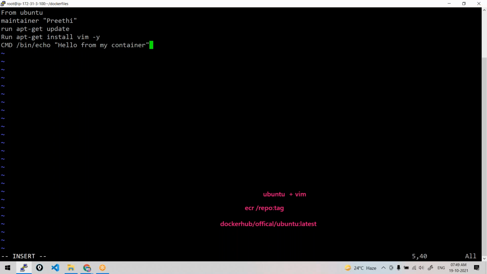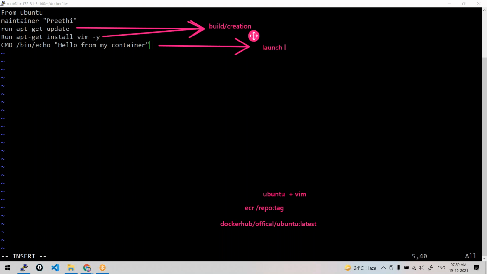I'm repeating, your RUN commands will be executed during the creation, during the build of your image, whereas CMD will be executed during the launch of the container from that particular image.